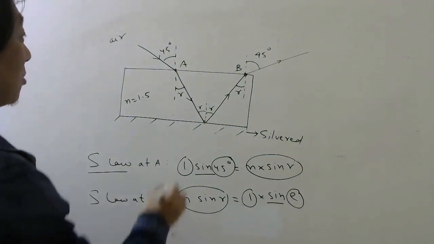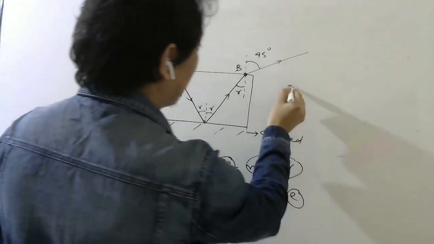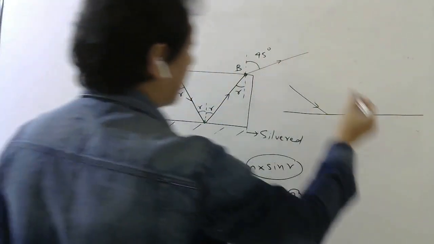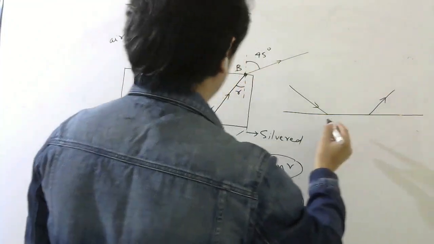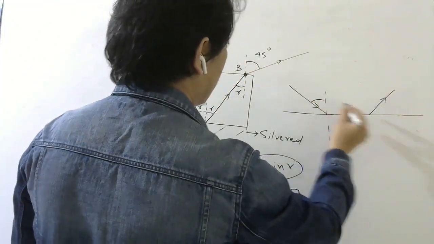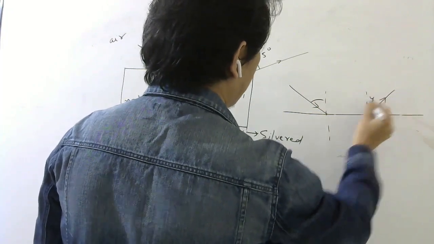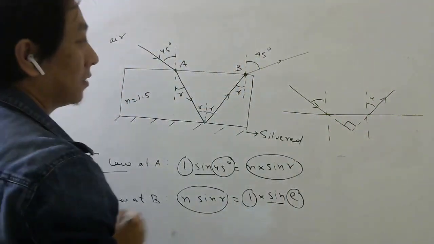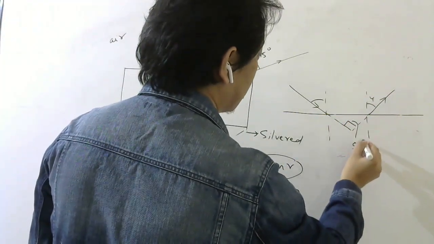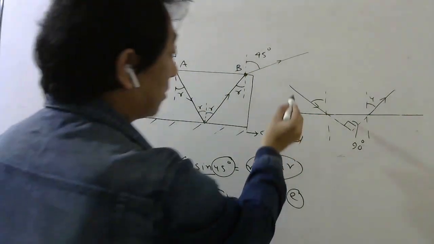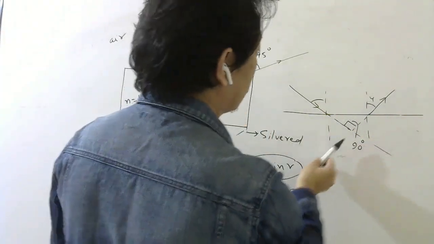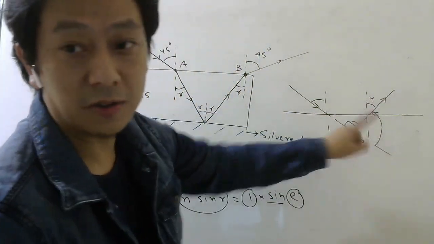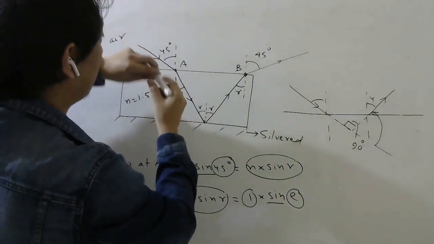So it must be 45 directly, or you can just check once. Correct? So you know that this is your initial direction. Right? This is the surface. Now this is your final direction. Now with this line it is making 45, with this line also it is making 45. So if you extend this and this, what will be this angle? That will be 90. Correct or not? So the light was going this way, now it is going this way, so it has deviated by this angle. So this is 90, this is also 90.